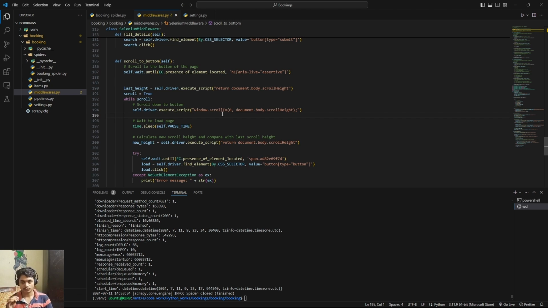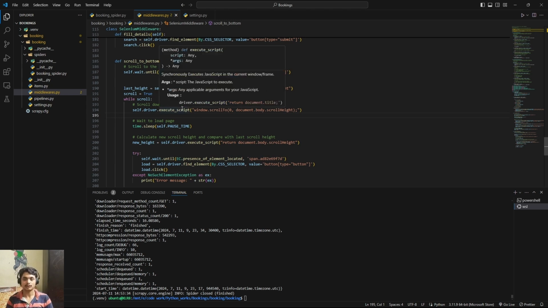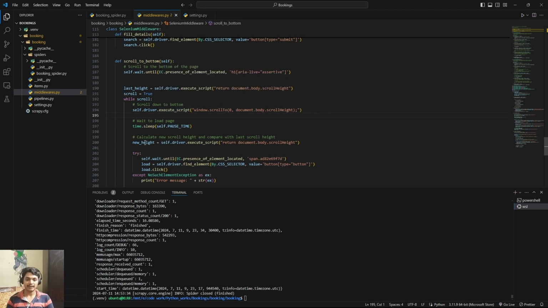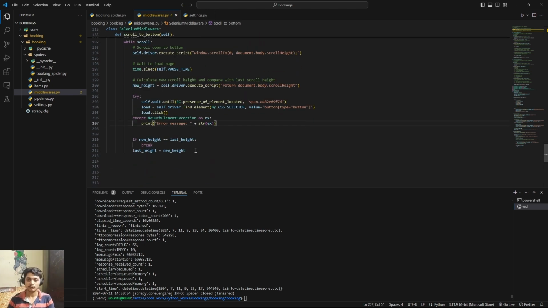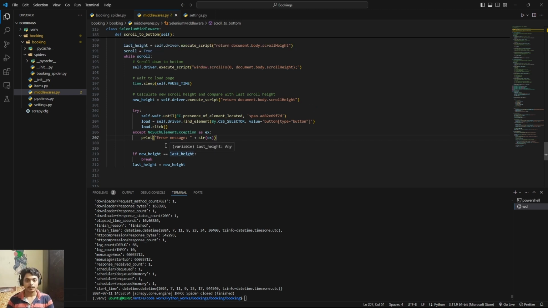After scrolling one time, we calculate the scroll height again, and so we run this loop again and again until the new scroll height that is calculated just now and the previous scroll height are equal. We break out of this while loop,